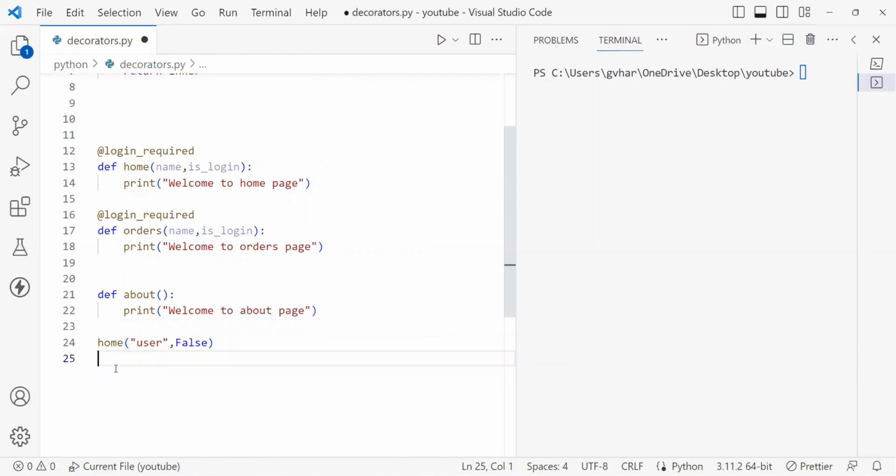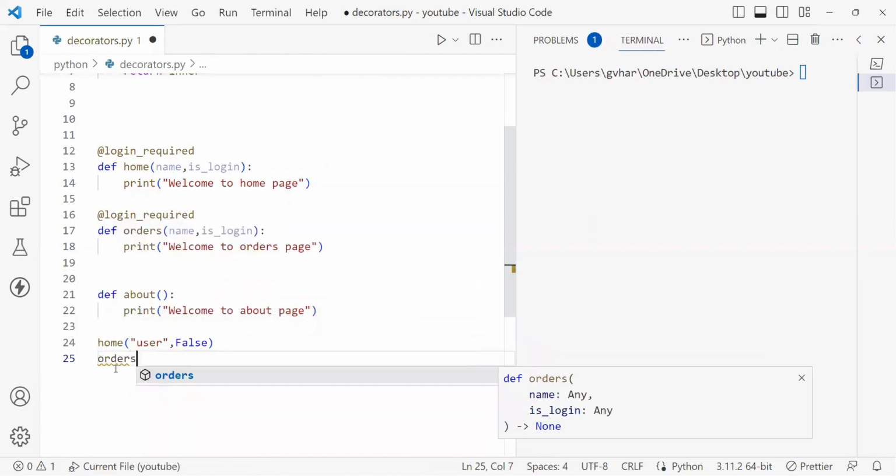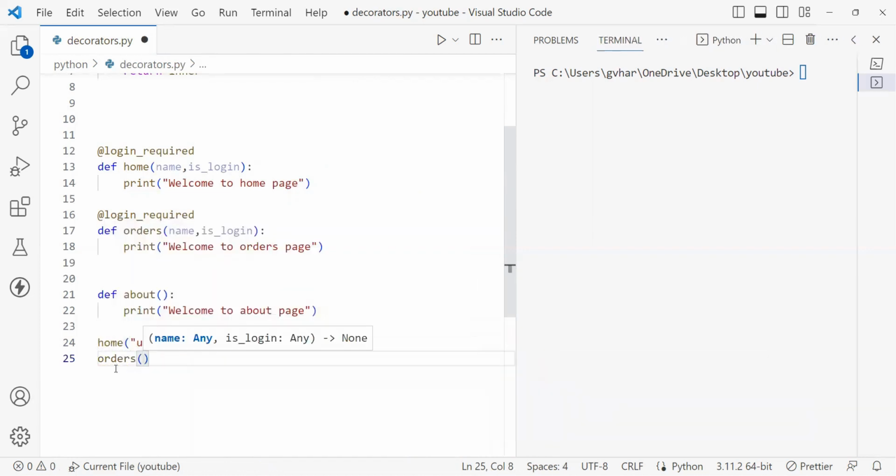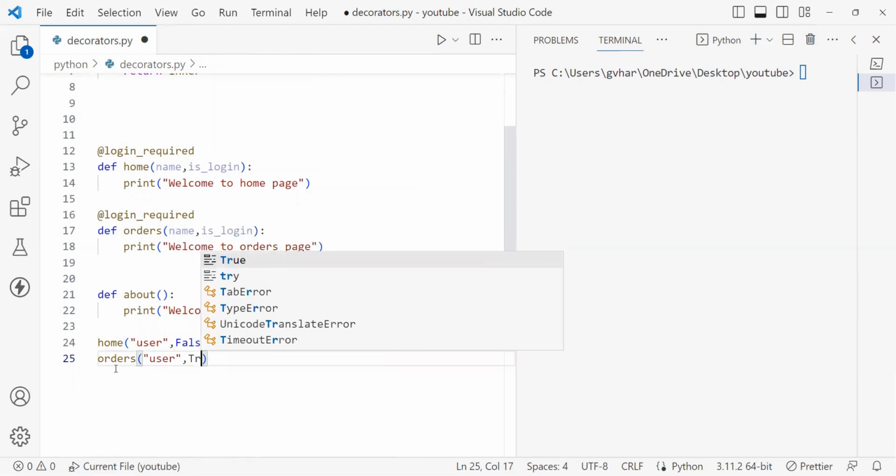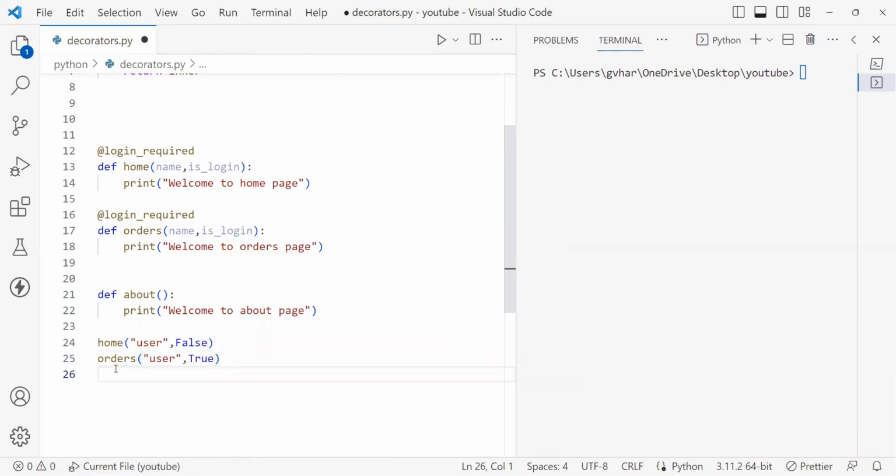And what is the other function, which is orders? Name user, comma, I'll give this as true, and about doesn't take any parameters. So if I try to run it,